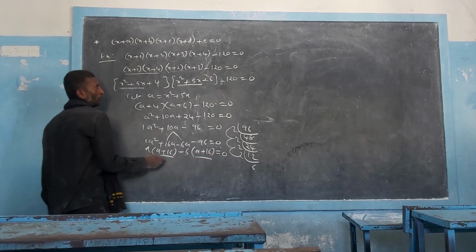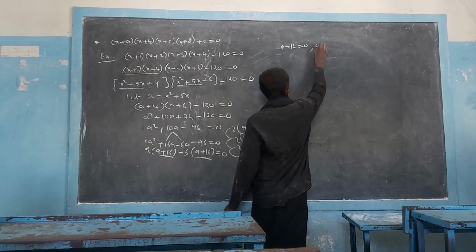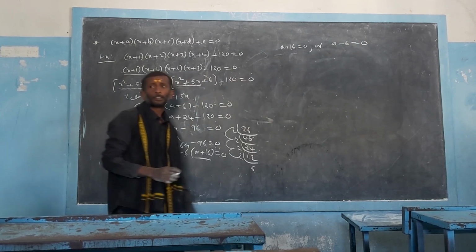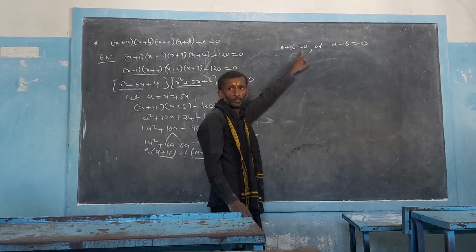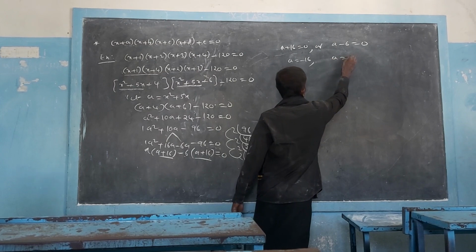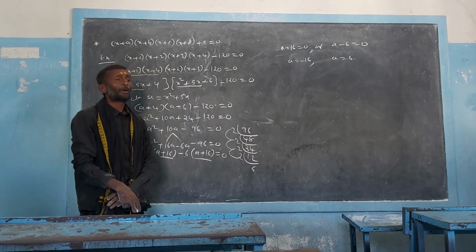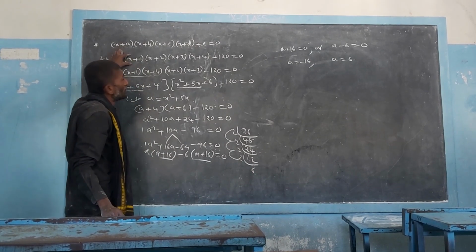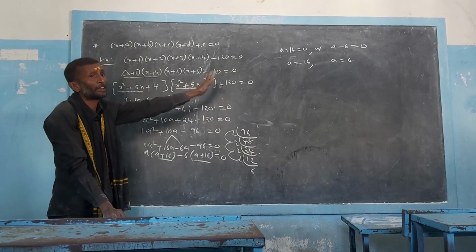Equal to zero, so we get a plus 16 equals 0 or a minus 6 equals 0, right? Then what happens here? If a plus 16 equals 0, then you get a is equal to minus 16. Stop. Here a equal to 6. So we got only the values of a. But we need to solve this equation. Solving the equation is nothing but finding the values of this variable x. So we did not get the values of x here. We have only the values of a.